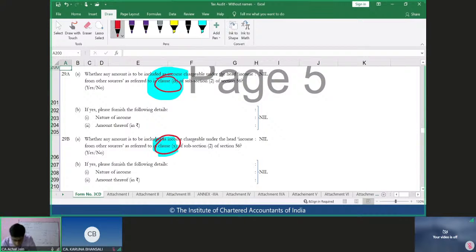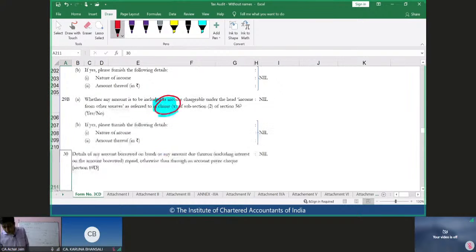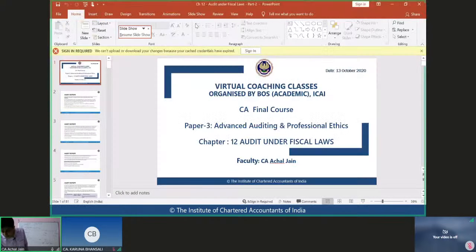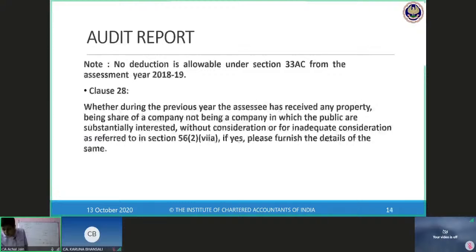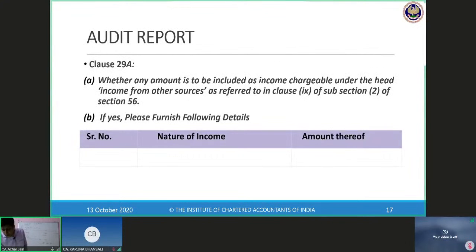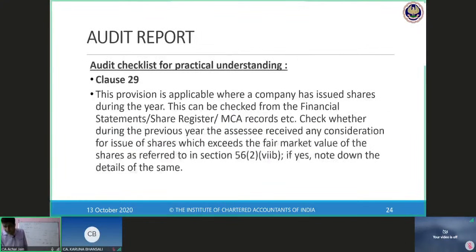On the basis of the requirements of these two clauses, the reporting is required to be done. So now let's get on to some of those procedures which are required to be performed in relation to some of these items. So what we can do is look at some of those procedures. I'll take you to the list of those procedures now, and we'll start with the procedures around clause number 29 first of all.